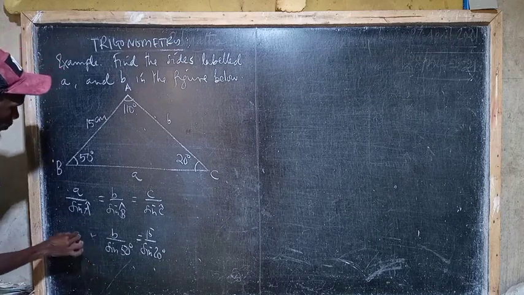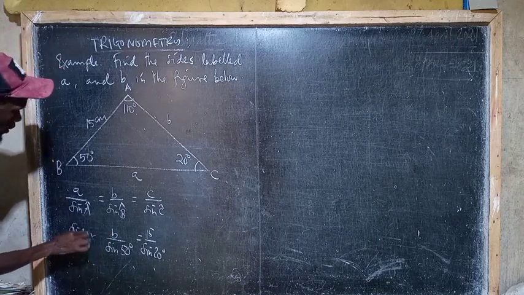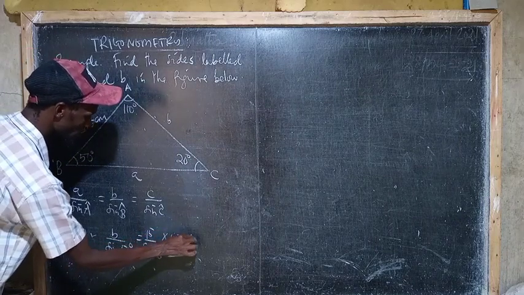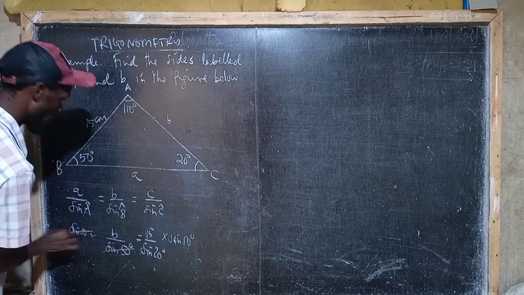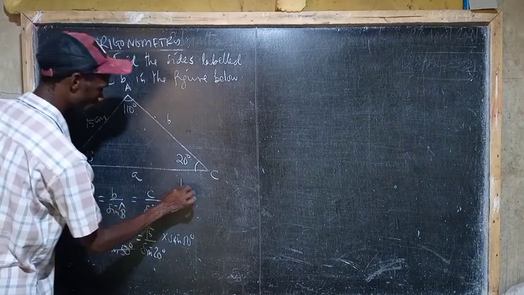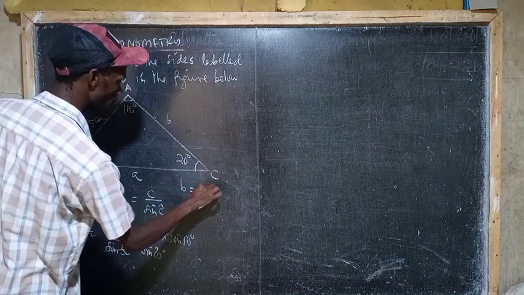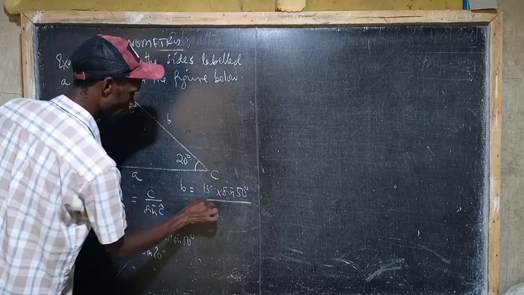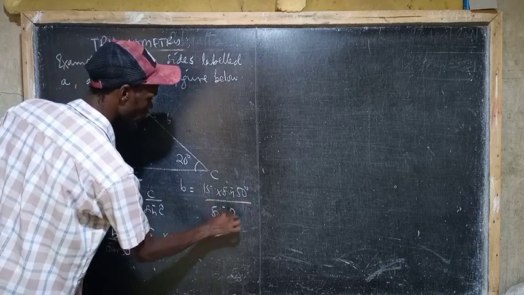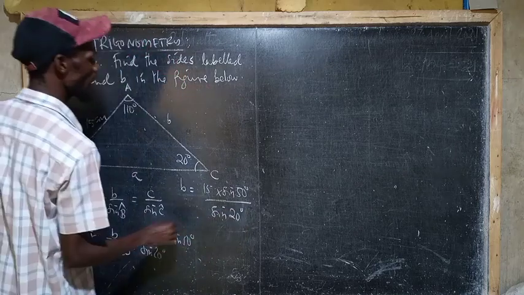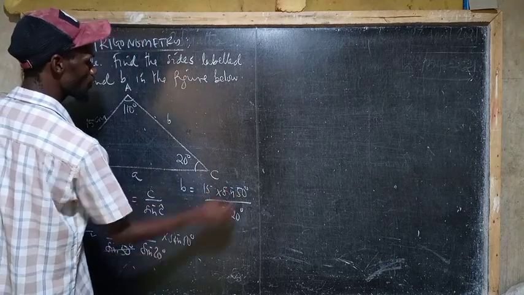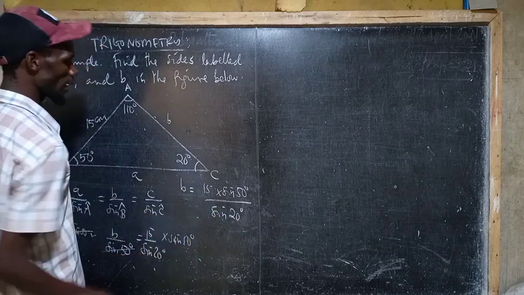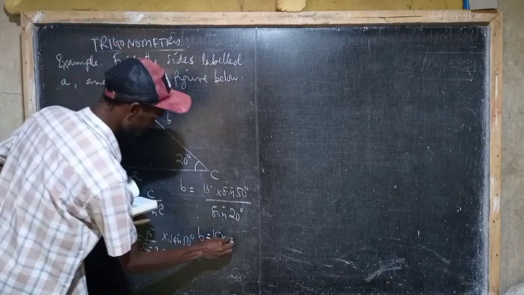Manake nita multiply kwa sine of 50 na huku nita multiply kwa sine ya 50 degree. Manake huyu na huyu ataisha. Kwa nitabakiwa na B sawa sawa na 15 times sine of 50 degree over sine of 20 degree. Ambapo mathematically nitaangalia sine of 50 degree na nitaangalia sine of 20 degree, ambapo nitaangalia kwenye four figure ni